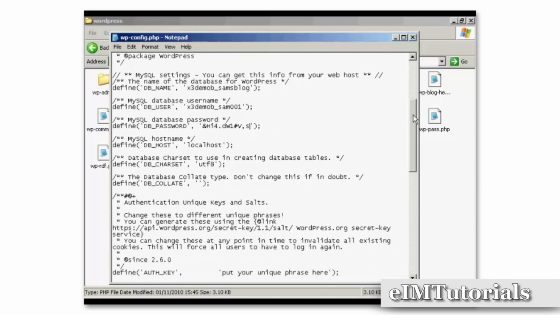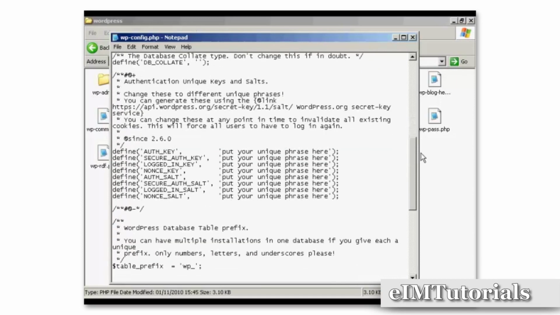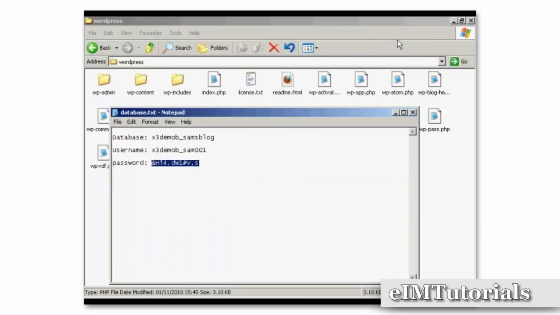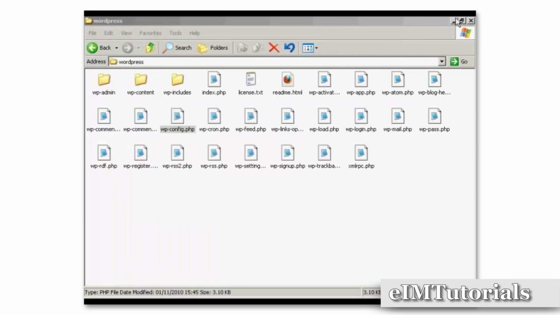Okay, next thing to do is to put in these authentication keys and so on. Now there is a quick way of doing this, and this is to generate your own phrases at this link here. So if I just copy and then right click, copy that, and now I just need to open up